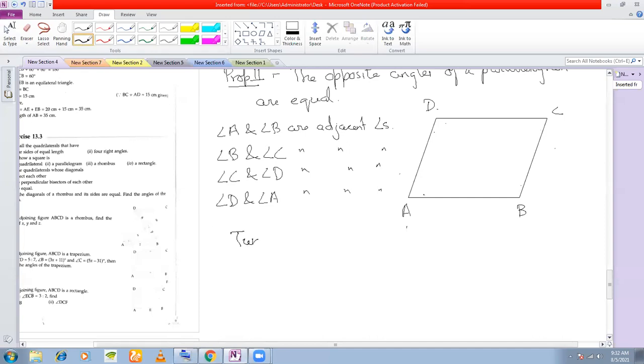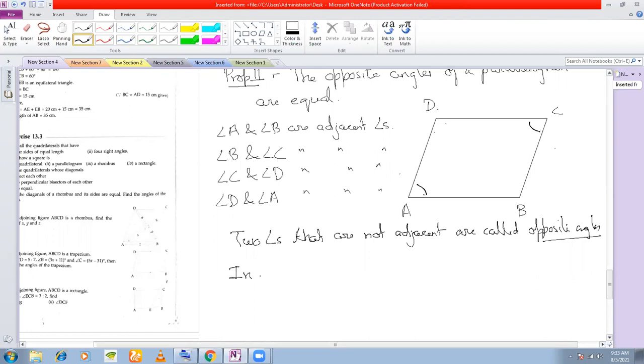Two angles that are not adjacent are called opposite angles. So in this parallelogram, which ones are opposite angles? This angle and this angle. They are opposite angles. And this property states that